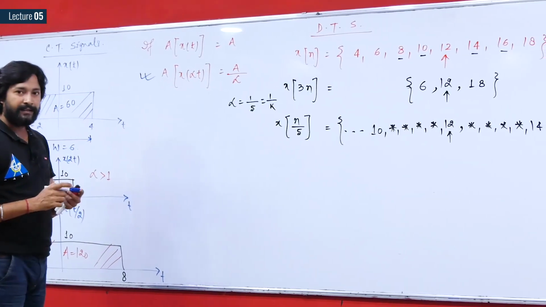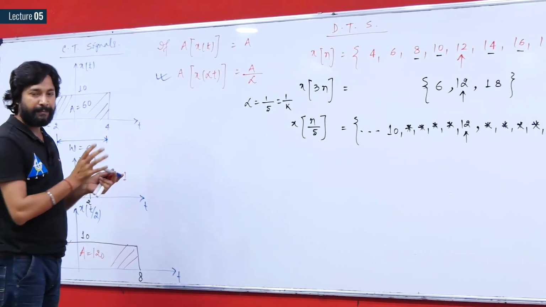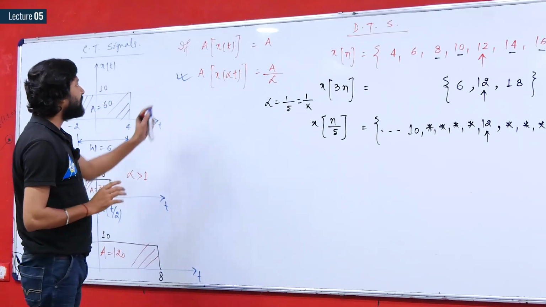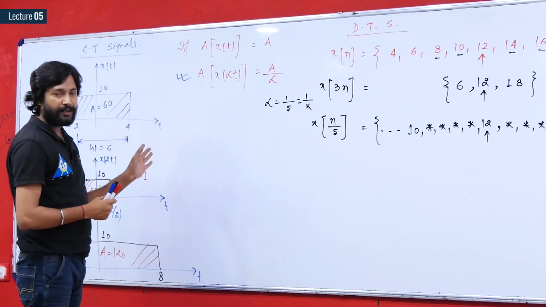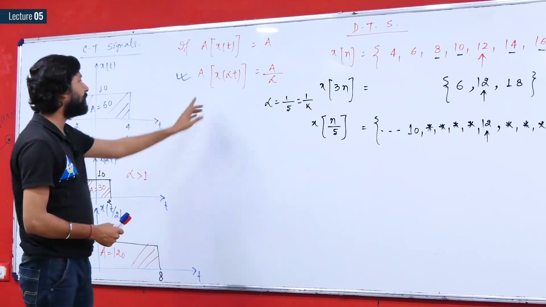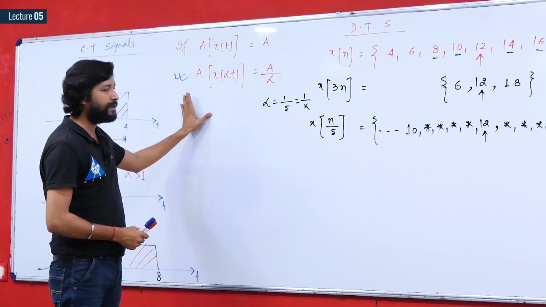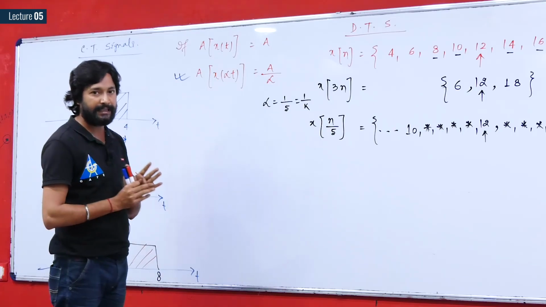We have to check the differences between operations, the time scaling operation, whenever we perform it on a continuous time signal and on a discrete time signal. In case of a continuous time signal, there is a certain rule between the areas of x of t and x of alpha t. That is, the area of x of alpha t would be the area upon scaling factor alpha, but no such relation exists for a discrete time signal as we have decimated it.